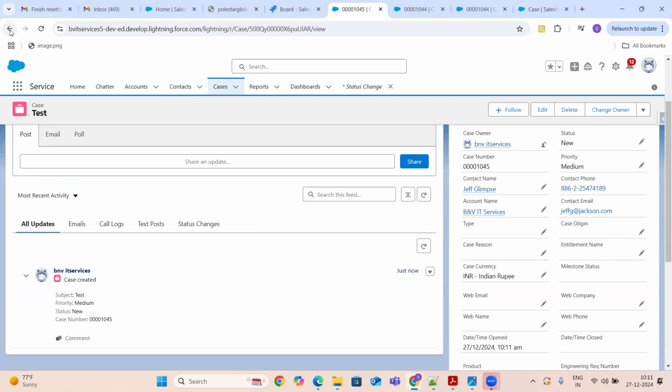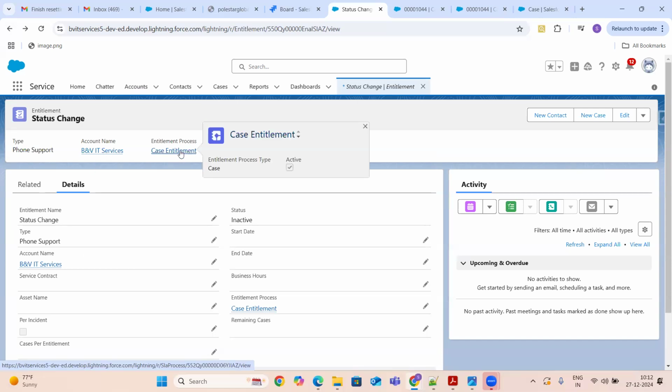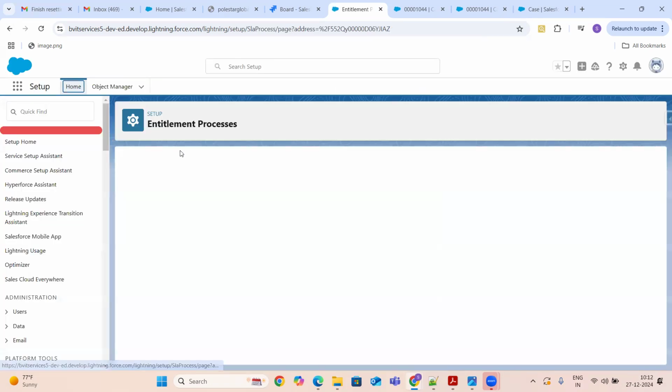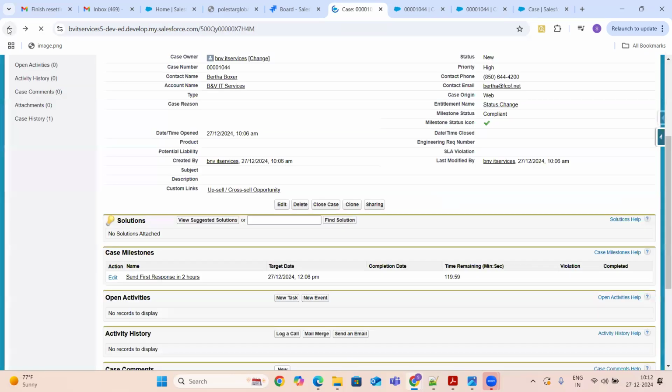Let me go back once again, guys. This is the one. This is the entitlement, and this is the entitlement process. Okay, go back.